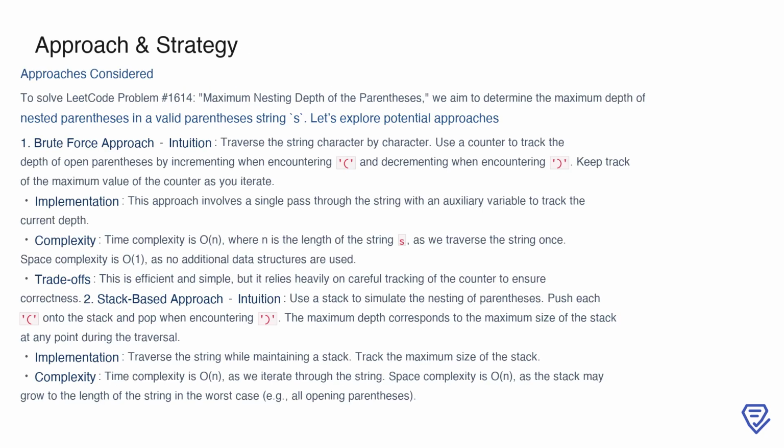To solve problem number 1614, we need to determine the maximum depth of nested parentheses in a given string. Let's begin by considering some possible approaches. The first is the brute force approach. The idea here is straightforward: traverse the string one character at a time while maintaining a counter to track the depth of open parentheses. Each time we encounter an opening parenthesis, we increment the counter, and for each closing parenthesis, we decrement it. As we iterate, we keep track of the maximum value of the counter, which represents the maximum